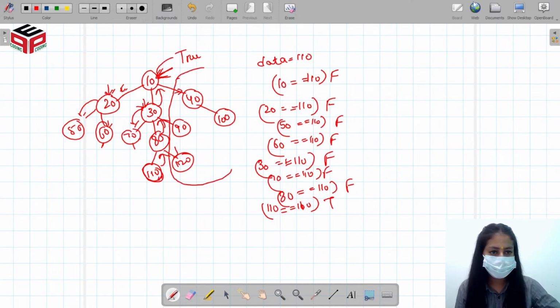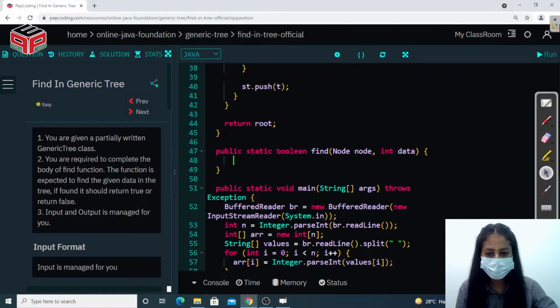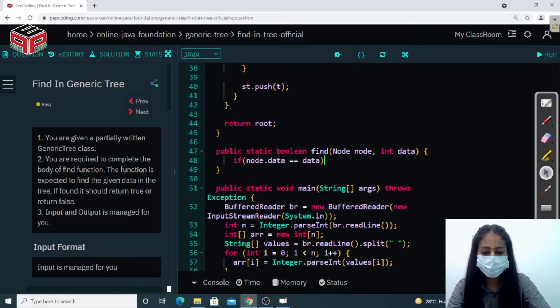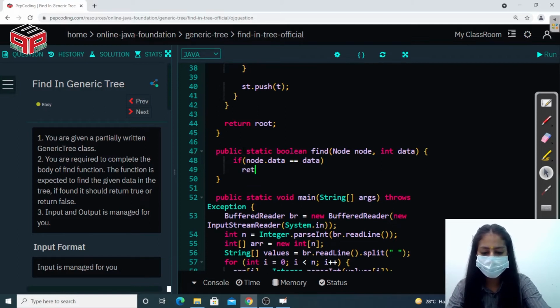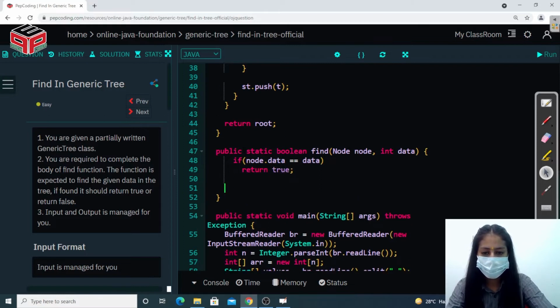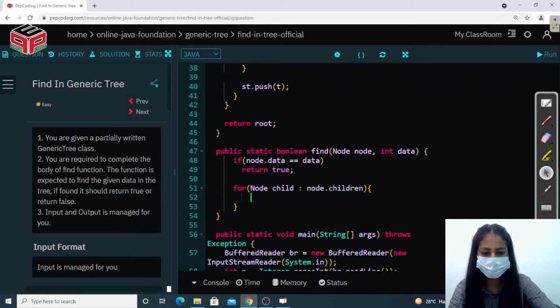Right? So let's try to code this out. First of all, the node will check if I am equal to the given value. If node.data is equal to data, if it's true, then simply return true. Else it will call its children to find that value in their subtrees.